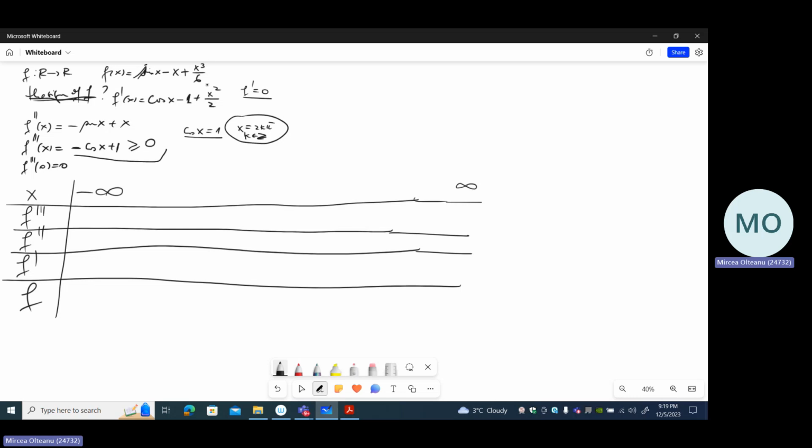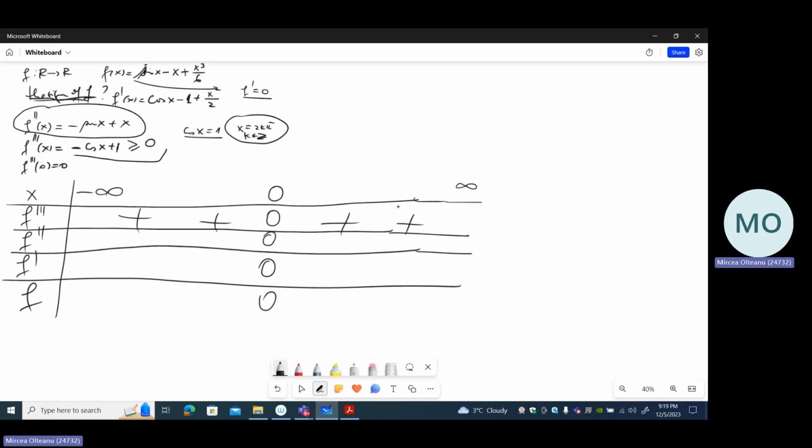Okay, so what we can observe is that at 0, the third derivative is 0, but attention, not only at 0 it is 0. Doesn't matter. But the second derivative is still 0 at 0. Yes, it's very simple to observe this. Also, the first derivative at 0 equals 0, and of course the function f at 0 is 0. On the other hand, the third derivative is positive. It takes also the value 0 at different points, but that's not important. It is important that